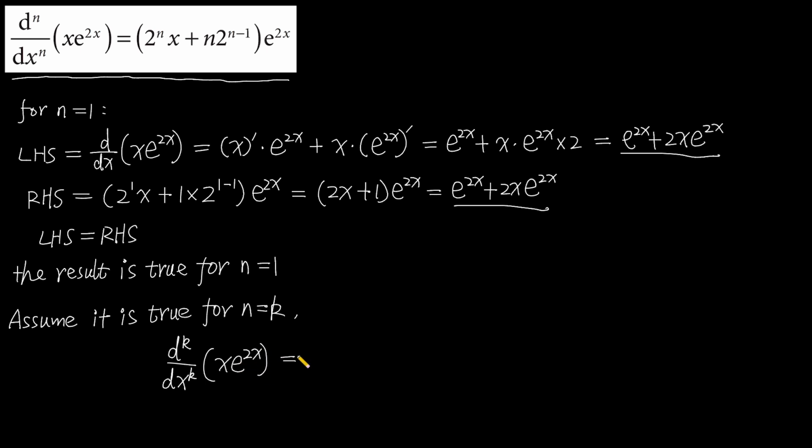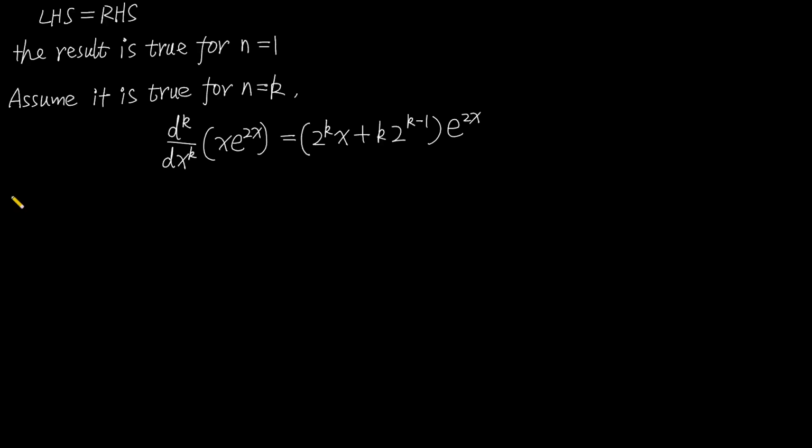And this equals, we just use k to replace n here. So here is (2 to the power of k multiplied by x plus k multiplied by 2 to the power of k minus 1) e to the power of 2x. We assume this one is true. Now